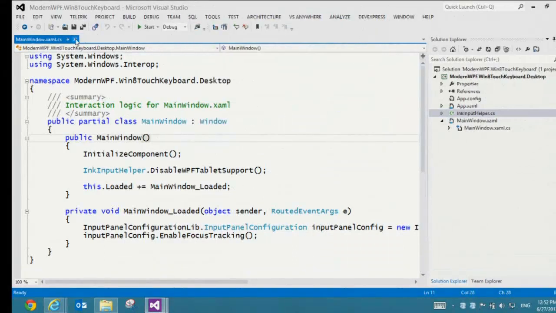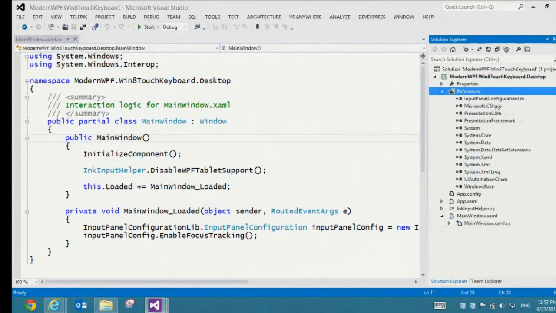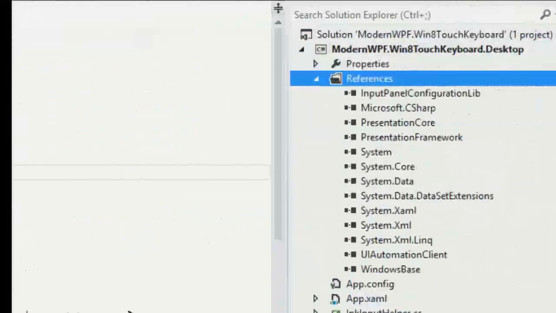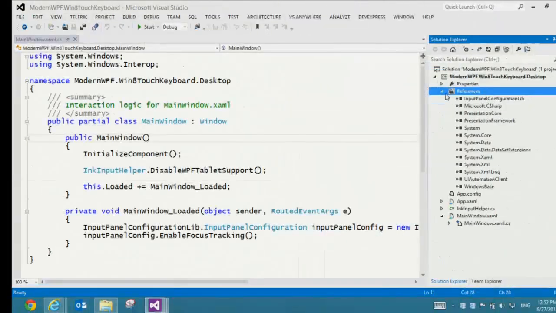So here we are using a library we created using the SDK that we will also publish, which is this one, the Input Panel Configuration Lib. With that, and just a few lines of code, you're able to enable the automatic keyboard in your WPF application. But there's a caveat, which is